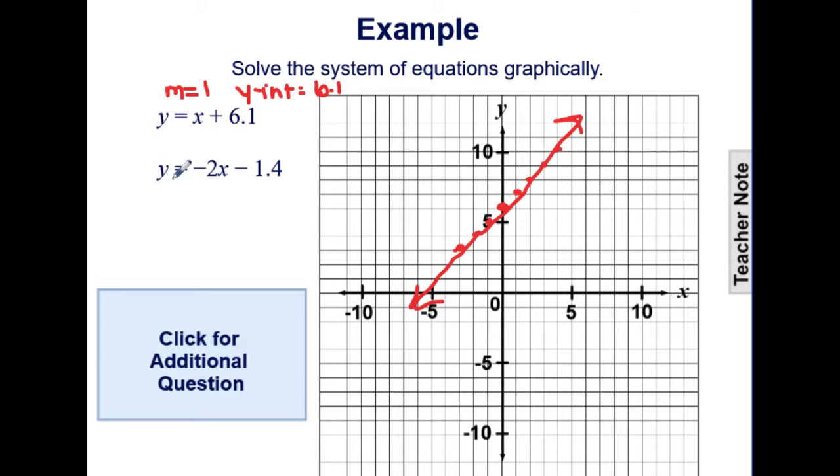And the second one, again in slope-intercept form, we can see the slope of -2, but we see now a y-intercept of -1.4. So -1.4, I'm definitely going down to -1, but maybe halfway between the boxes I can approximate. And then I have to go down 2 and right 1, but I'm already losing sight. Okay, 2 from